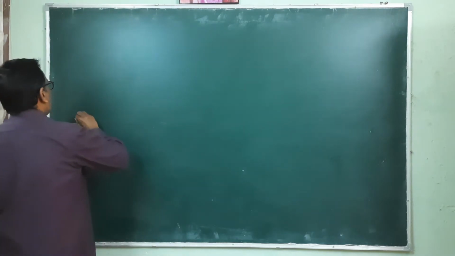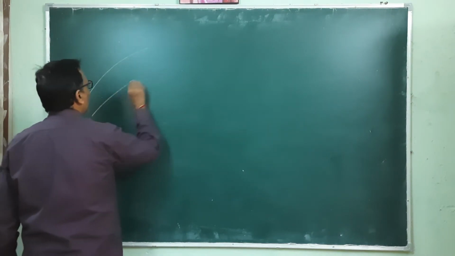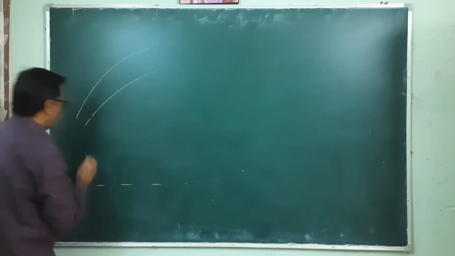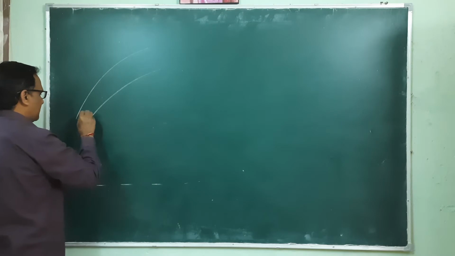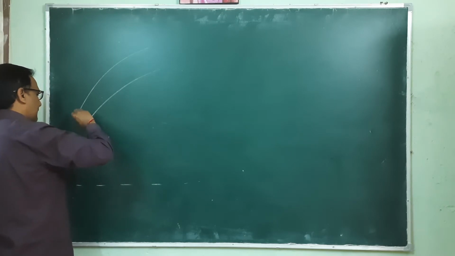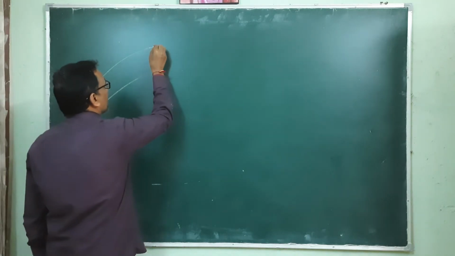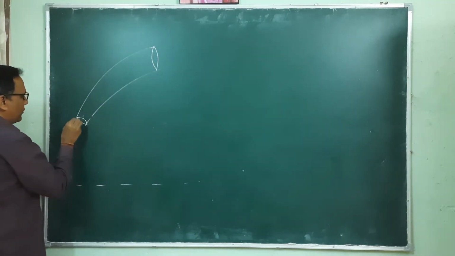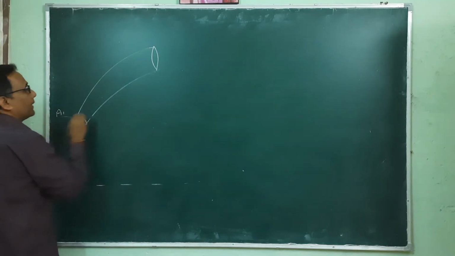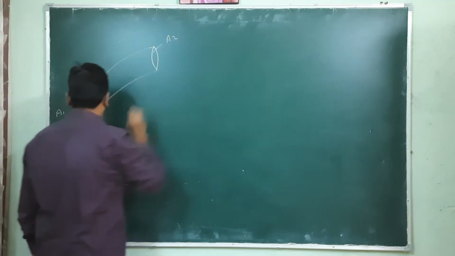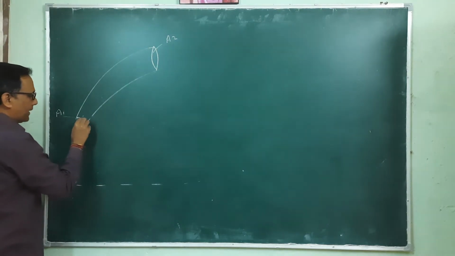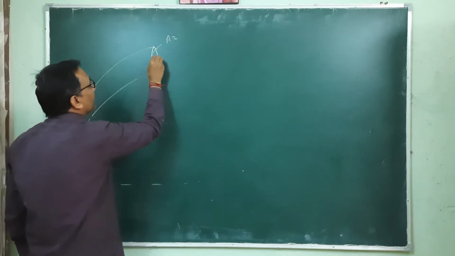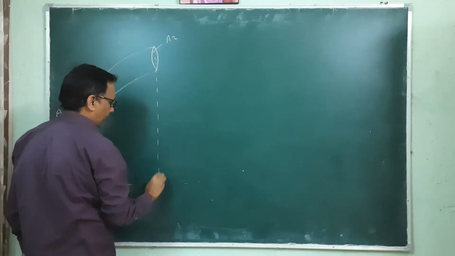So we are taking one tube of a different cross section area at a different height. This is that surface, and the height of this part, this is a cross section area, and there is another cross section area. Here this cross section area is taken as A1, and here this cross section area is A2. So this center part is at the height of H1, and here this part is at the height of H2.